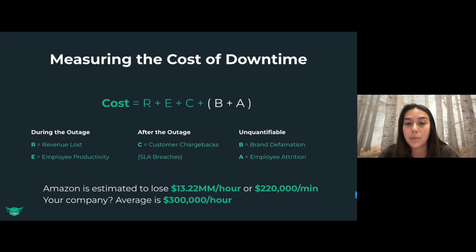IHS Markit reports that $700 billion is lost annually to downtime. When you work at a giant like Amazon Retail, this amounts to about $220,000 per minute. On average, downtime costs $300,000 per hour. So if we do a little bit of math, there's 8,760 hours in a year with 3